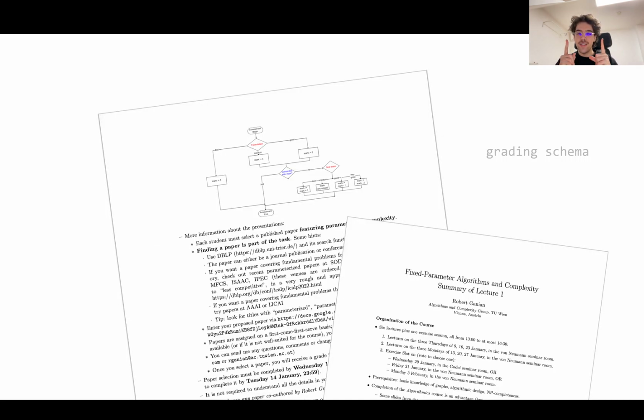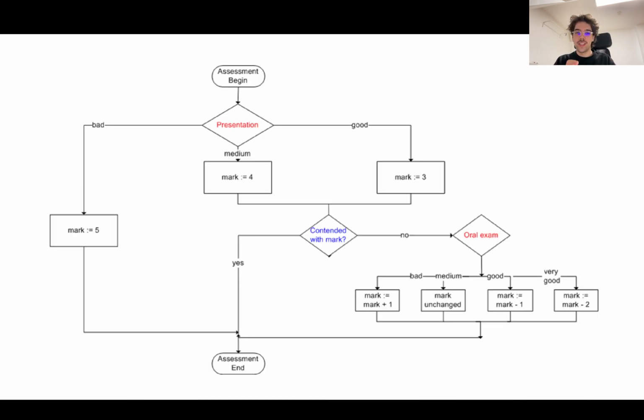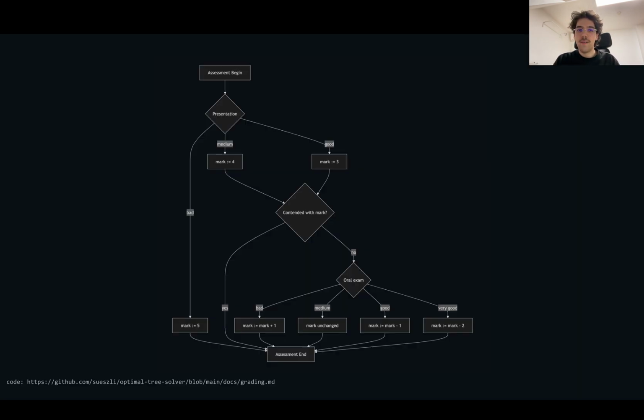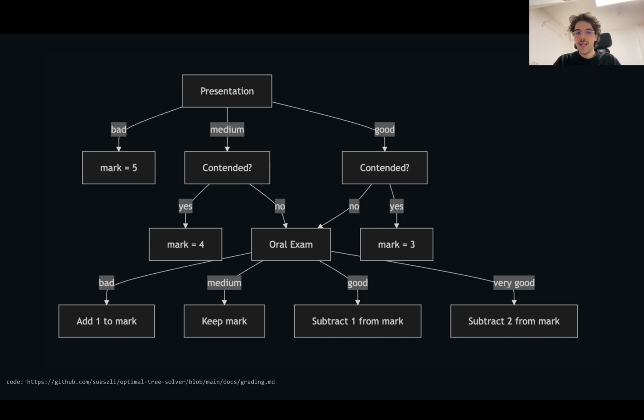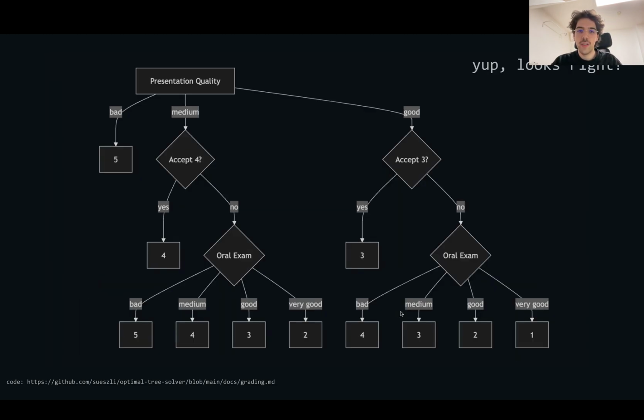You might actually know them from this little flow chart we got at the beginning of the lecture that determines your grading schemes. And it looks something like this. And when you parse it in the mermaid syntax, you figure that it isn't a valid tree to begin with because it has too many paths that lead to the same vertex. We fix that, and we have the same thing here, and we have to do some arithmetic here. So we fix that again, and we end up with this tree, which is a perfectly valid decision tree where